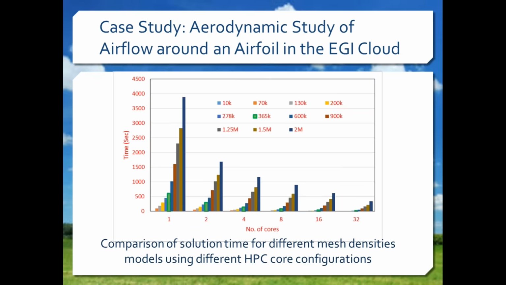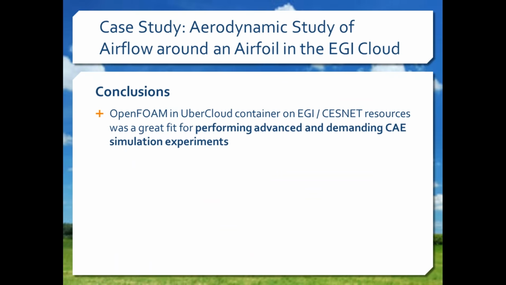So here Praveen just had a workstation with 8 cores on his desk, and he tried a FET node which he was able to get from Chestnut in Prague, and did some benchmarks with it. And you see the nice scaling here, and he also increased the number of cells up to 2 million, and as you can see, all the runs seem to scale nicely across all the different numbers of cores. So the conclusion is that this environment is really like an engineer wants it. It is identical to your workstation. You will see that again from Lubos'